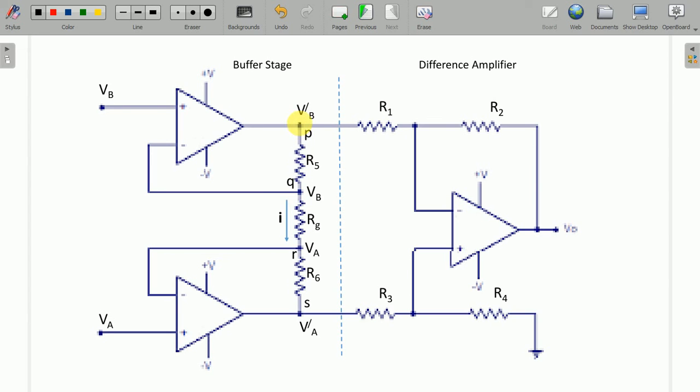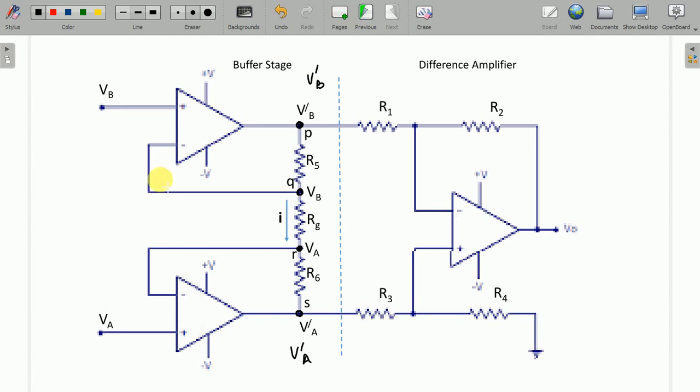Let these points be, this is point P, this point is point Q, this point is point R, and this point is point S. So these are the points. I have named these V dash B and V dash A. This is VB, this is VA. Why? Let me tell you. We will tell you this. Okay. So now,